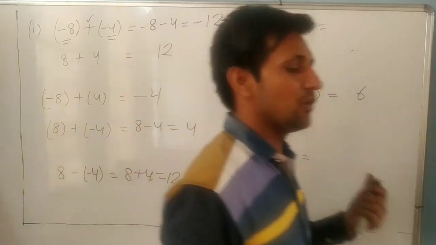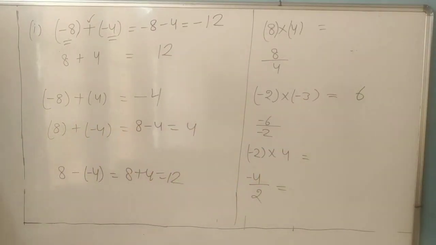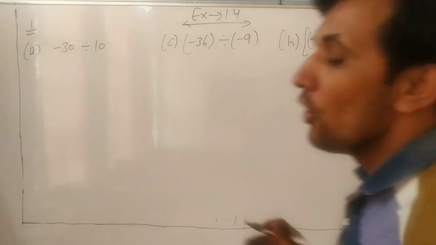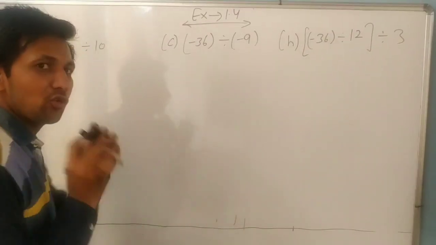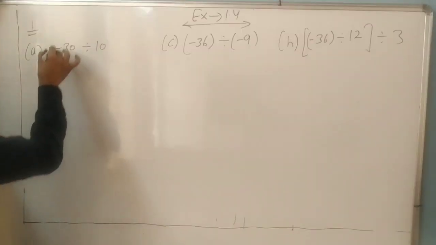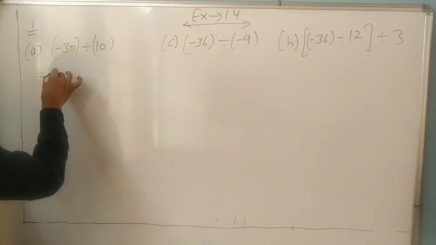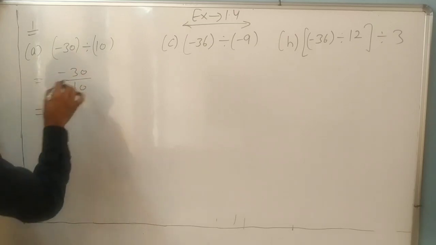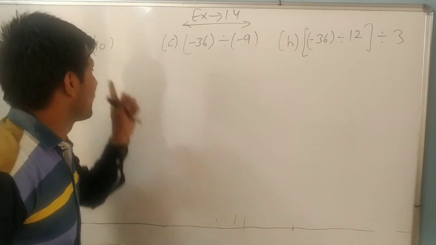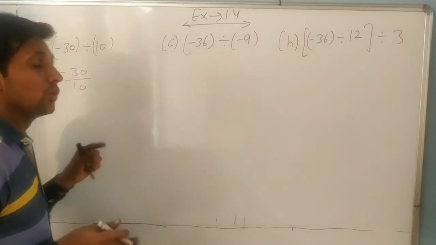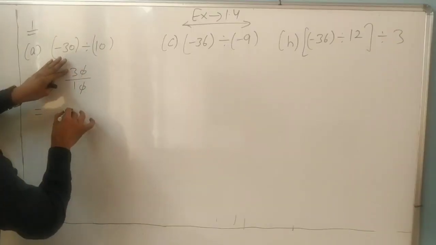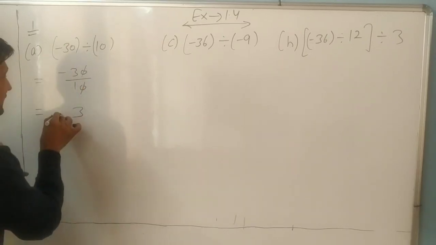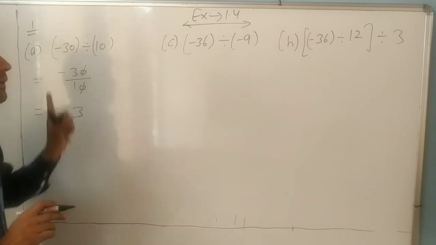Okay dear, now we will do questions. Look now. So now dear, question number 1. You only have to remember the rules. What is it? Yes, one negative, one positive. Minus 30 divided by 10. Everyone knows, in division and multiplication, one negative integer, one positive: we only divide. 30 divided by 10 is 3. One negative, one positive. We divide them and always put the sign negative if the signs are different.